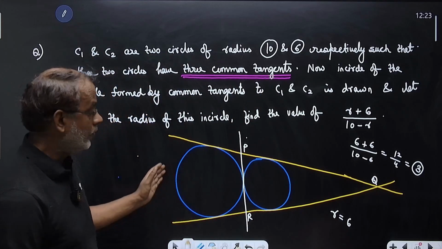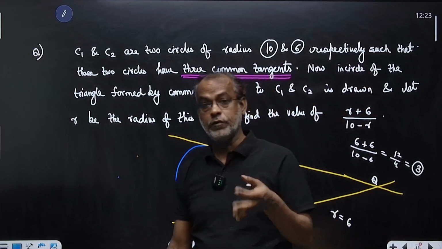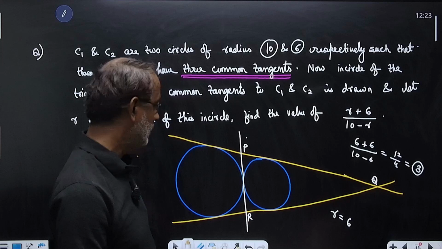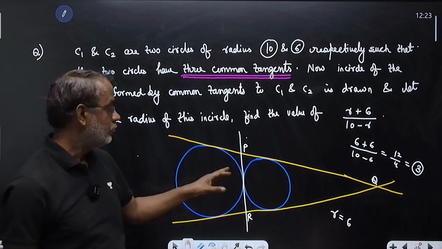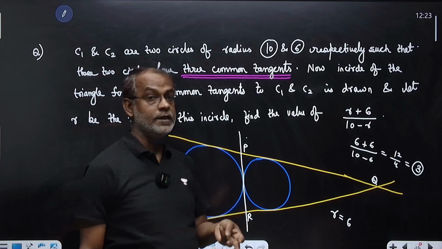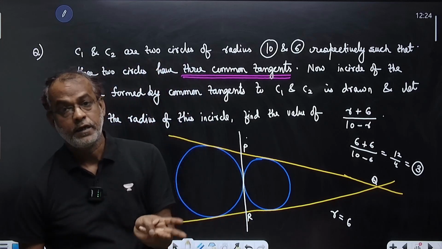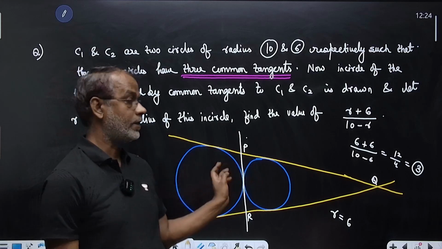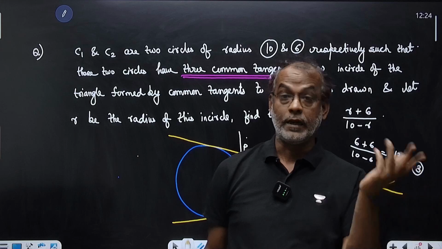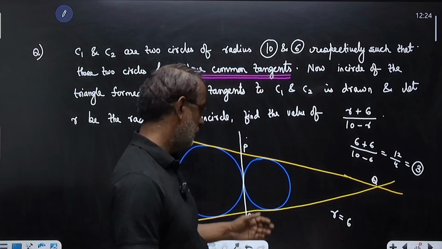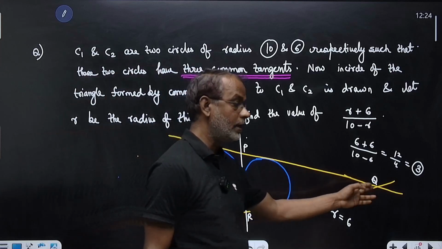So, just by drawing an appropriate figure, we got to the crux, or we actually got the solution. If you are trying to find the incircle, you should understand the 3 tangents are touching the circles. So, these 2 circles will effectively be either the incircle or the excircle of the triangle that is formed by these tangents. The smaller one is the incircle and the larger one is one of the excircles opposite to say Q,